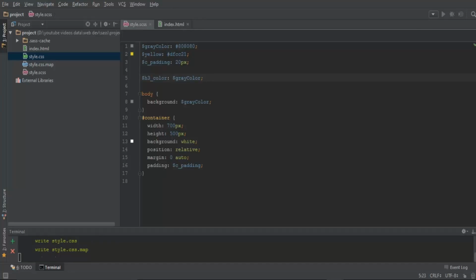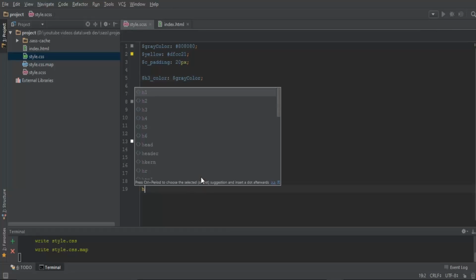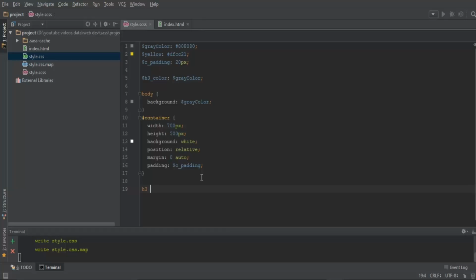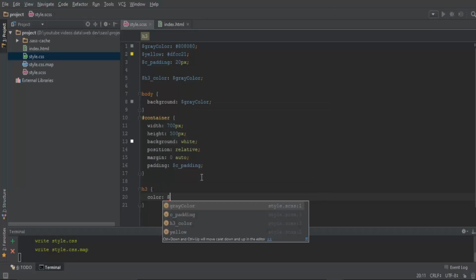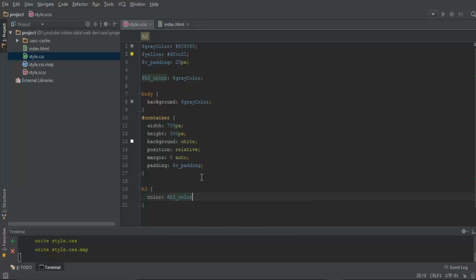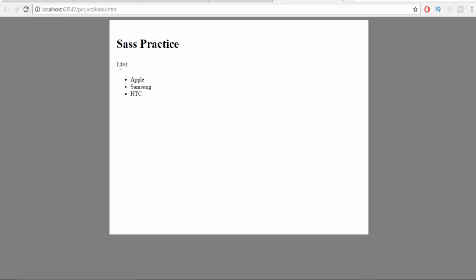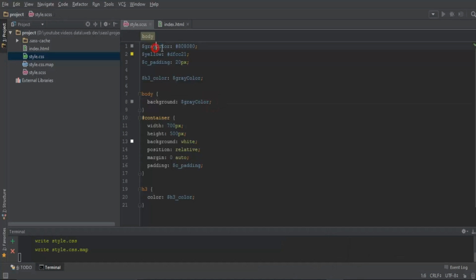Alright, so now let's go and write a style for it, h3 color, and it has a color of h3 color. Alright, now let's go, and you can see that the color of the list is grayed out. So I've applied the color of this variable into this variable and then used this variable right here in the color. And the last thing, let's add a style for the